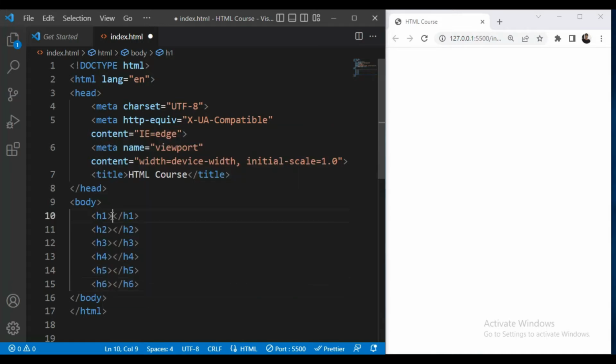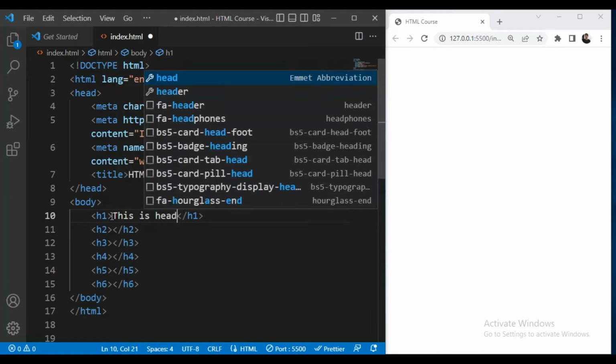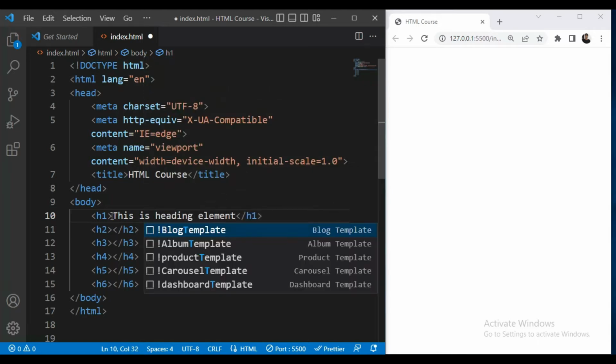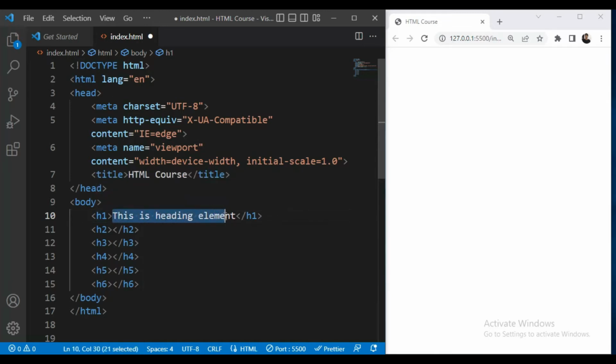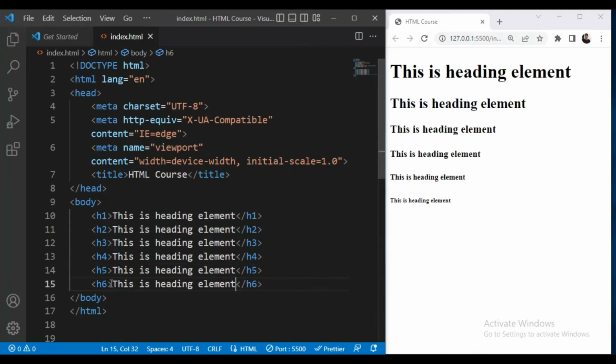So, here we will write some content. This is heading element. I will copy this. So, these are the heading elements from H1 to H6.